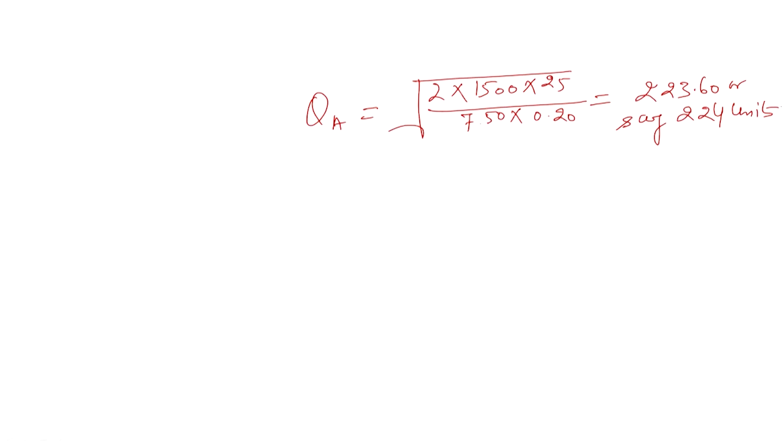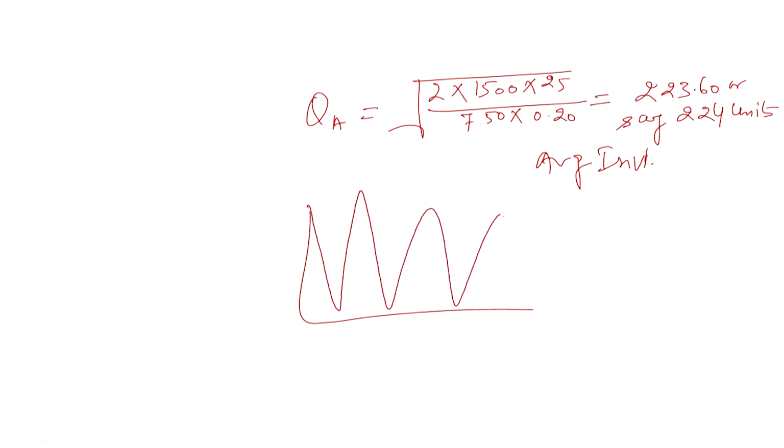This is the level of the EOQ or the economic order quantity, you call it as Q level in case of the unrestricted amount available, which is originally sanctioned by the bank. Our EOQ level or the QA in case of A was 224 units. So, what we will have to do is, we will have to now find out the average inventory. Average inventory is, when you calculate this, you have to divide it by half, because this much of the funds always remain invested in the inventory.